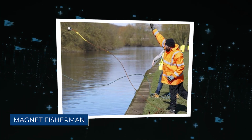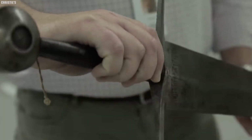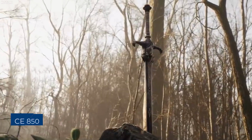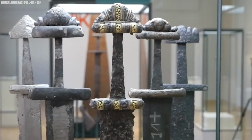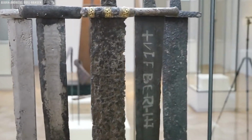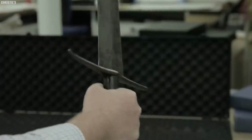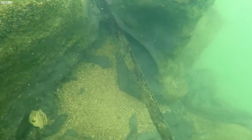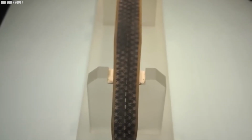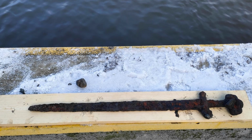Viking Sword. While Trevor Penny, a magnet fisherman, was out fishing, he unearthed a corroded Viking sword from the River Cherwell in Oxfordshire, dating back to as early as CE 850, marking a rare and significant archaeological find. The millennia-old Viking sword reveals insights into ancient warfare, illuminating a pivotal period of history with its remarkable archaeological significance. The sword's discovery underscores the interactions between Anglo-Saxons and Danish Vikings during a tumultuous era of England's history, characterized by